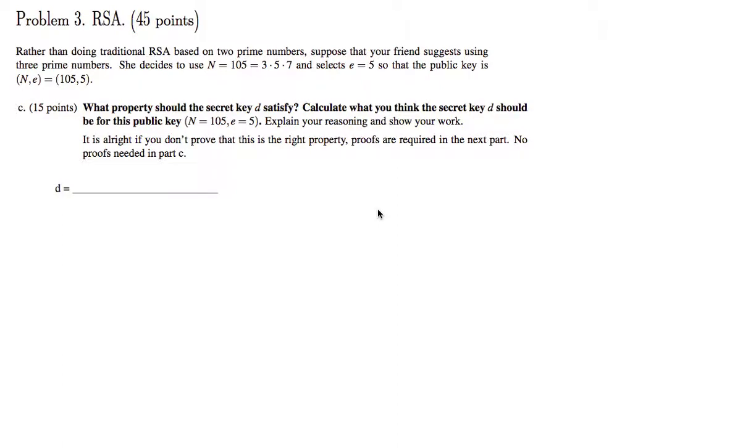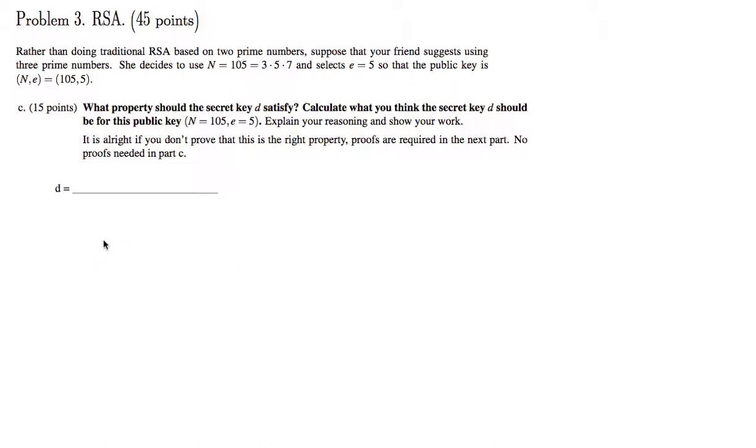In the traditional RSA, we have three prime numbers, 3, 5, and 7. And we want to select basically a power D, which acts like the traditional RSA. It cancels out raising to the power of E. If you think about the proof of the traditional RSA method, you would see that the only key properties are